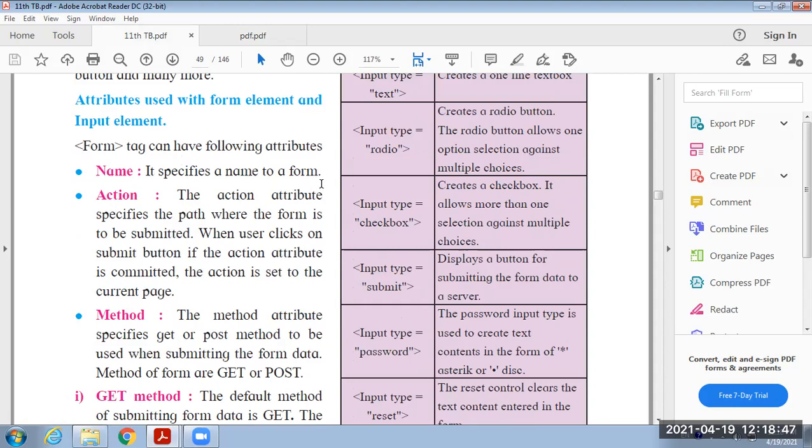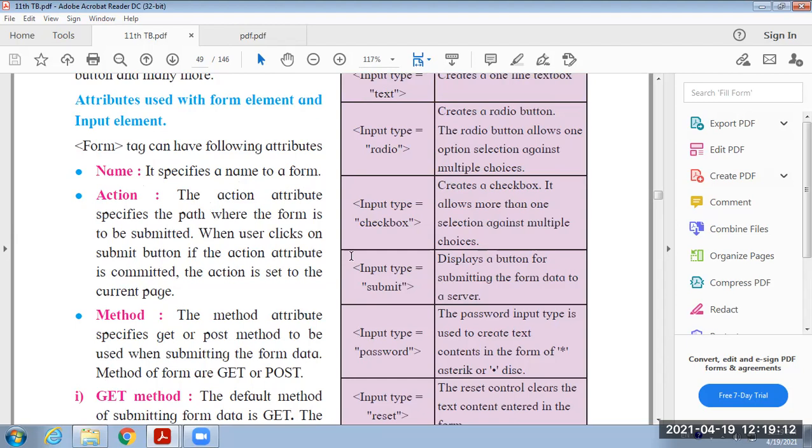Name specifies the name of the form. If we are using a single form, then it is not essential to provide the name attribute. But if we are using multiple forms within a single file, in that case, we have to specify the name of the form. Then and only then we can properly process the information within those two forms.